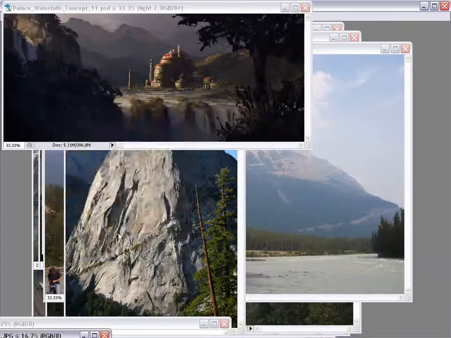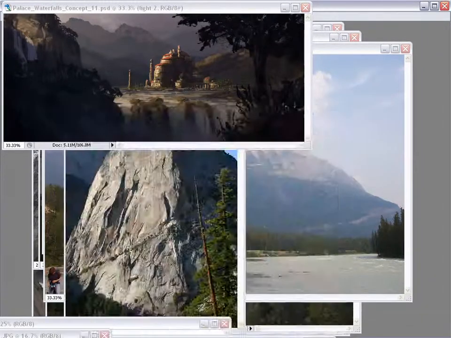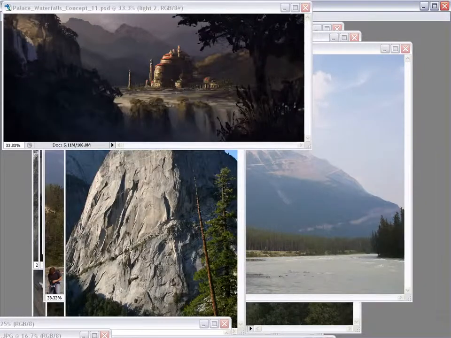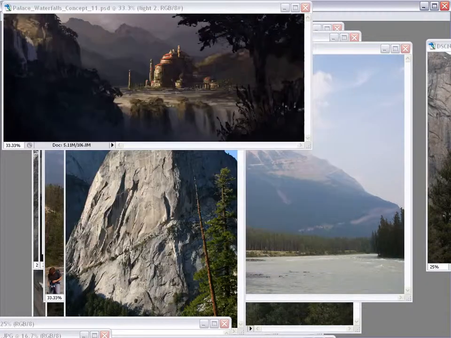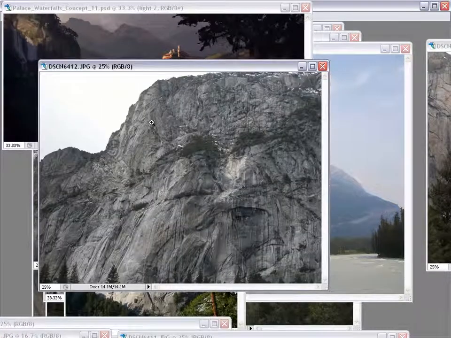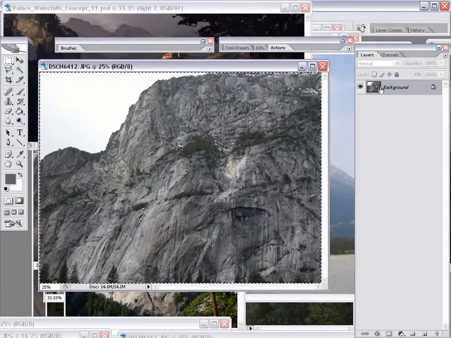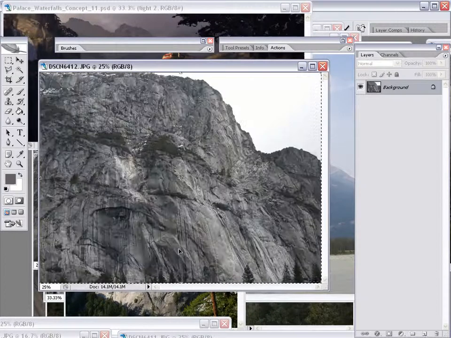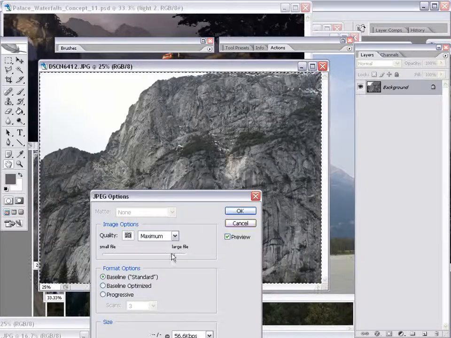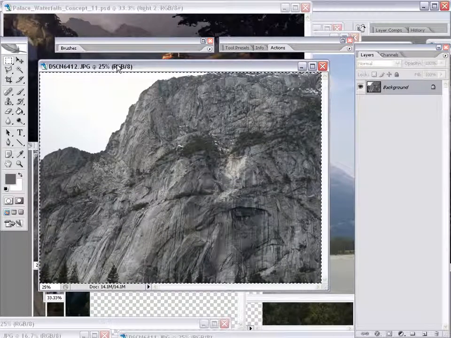Use good photo reference. What you see here is a bunch of photographs that I took in the Rocky Mountains in British Columbia, Canada, as well as my good friend Jonathan Harb took a bunch for me for this particular shot in Yosemite, California. One of the best ways to use photo reference is to choose photos that are most similar